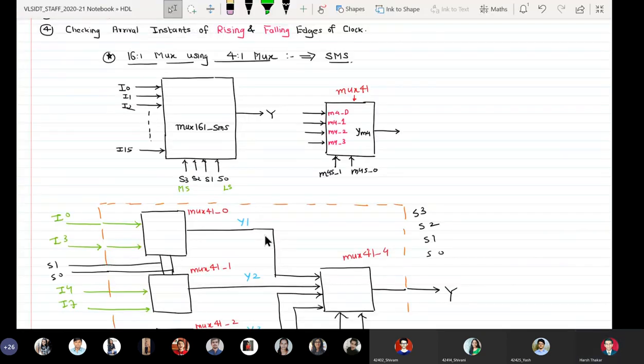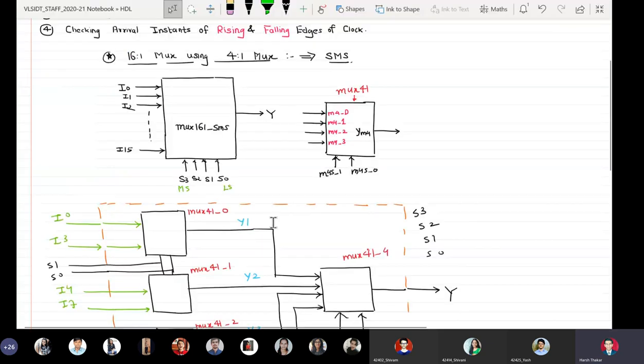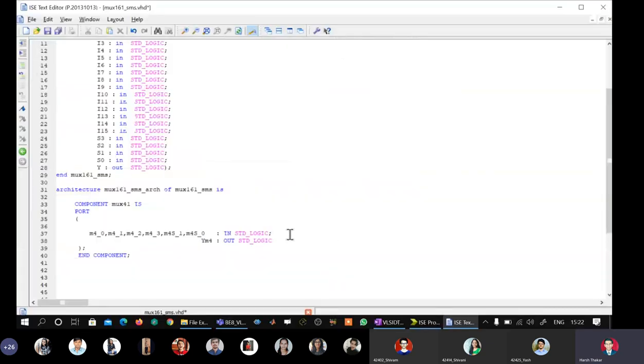YM4. Component is created now. So now I am going to define y1 to y4.